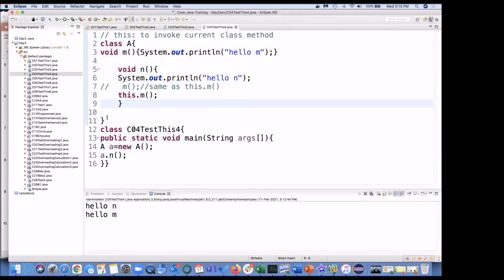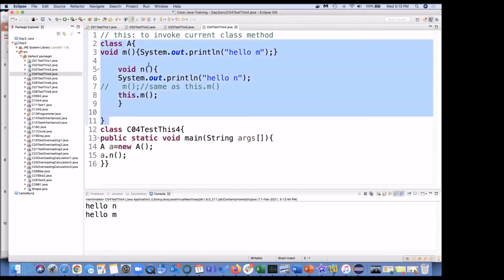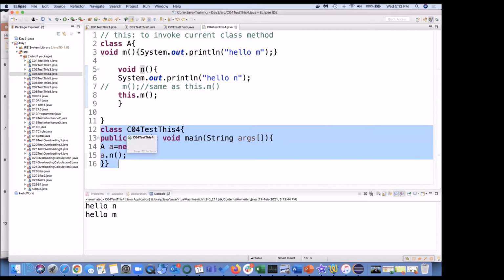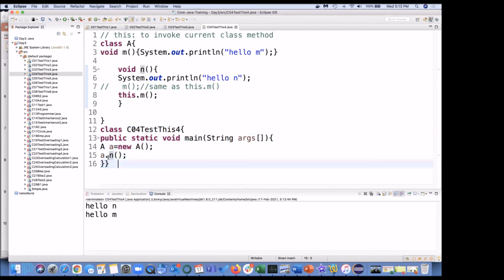Say outside this class A, this method n is inside class A, and outside in class test, if I do it like this, I'm going to get an error because I cannot call it. It's the basic of programming.